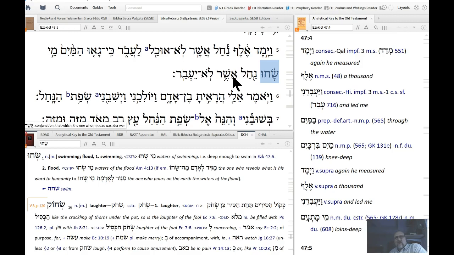I've been beside the Colorado River before when they let the water out of the dam. Before they let the water out, you could easily swim across the Colorado River at places, and it's not moving very rapidly. But when they let that water out and you're standing there, it looks like the water is actually higher than your head, and it's moving so fast, and you think if I get in that, I would be washed away. And that's a picture Ezekiel is wanting us to have